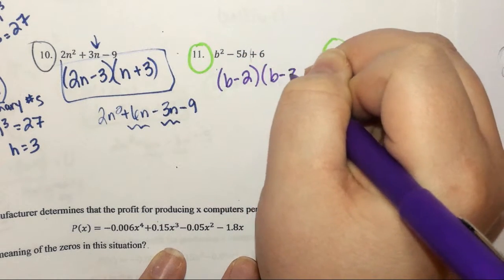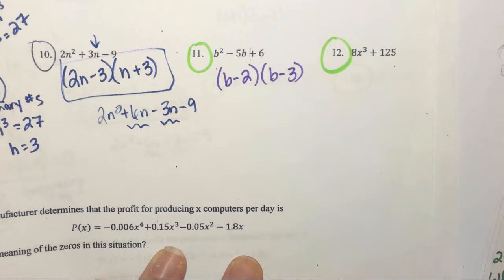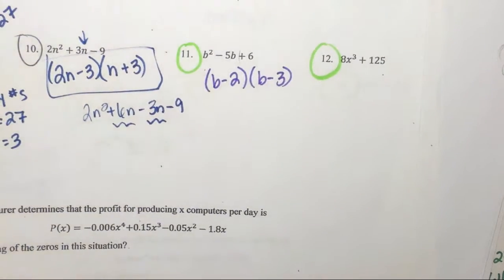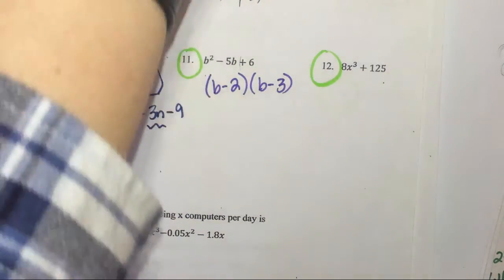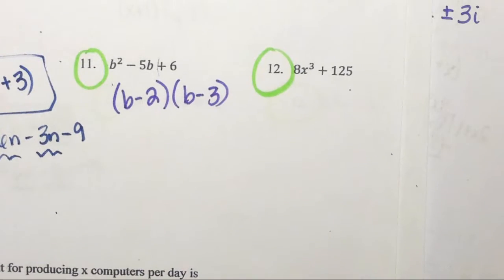They both had to be negative in order to get that positive 6, because negative 2 times negative 3 had to be positive 6. Minus 2 minus 3 is minus 5. That's very good. It took first a few minutes on that one, so I'm impressed y'all got that quickly. Number 12 is a good one because